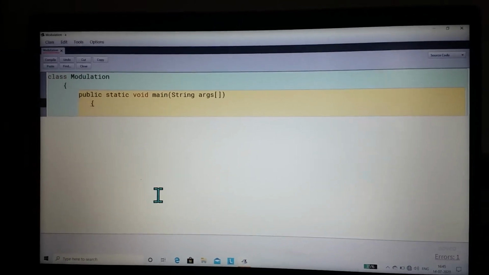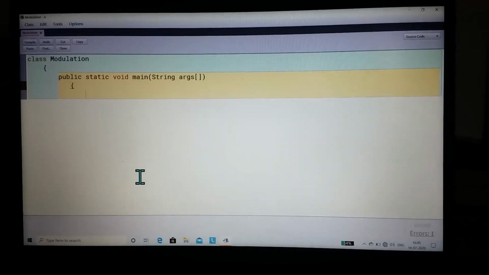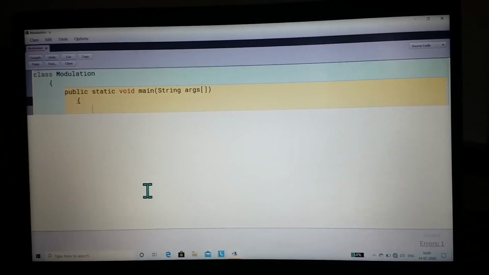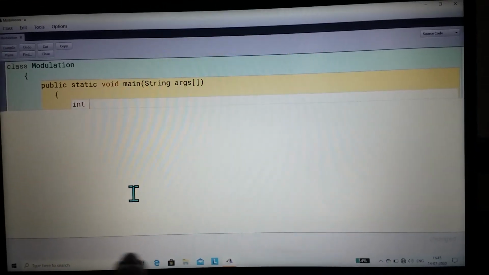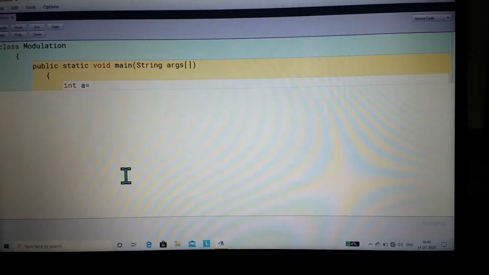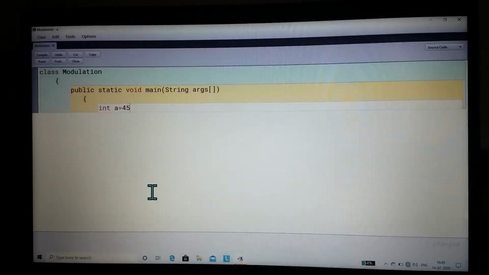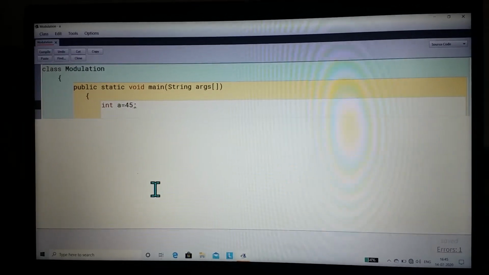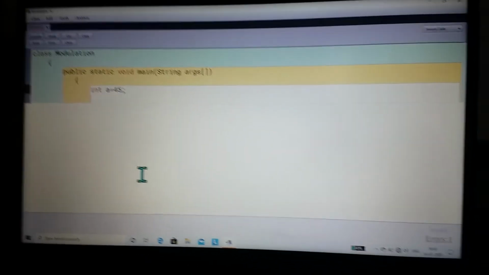So modulation means remainder. So it gives the remainder. For example, I am taking int, I am assigning a as 45. Int a equals to 45, semicolon, enter. Now modulation means remainder.